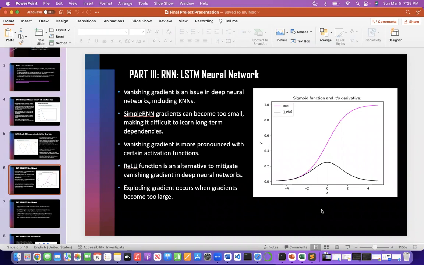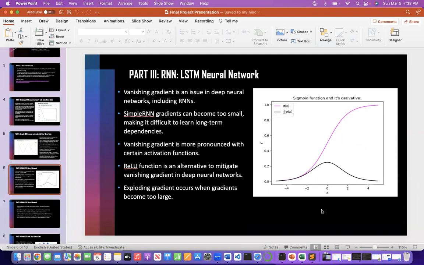The vanishing gradient problem is a common issue in deep learning networks, including RNN as well. In a simple RNN, the gradients can become too small, making it difficult to learn long-term dependencies, leading